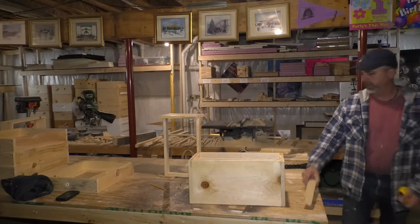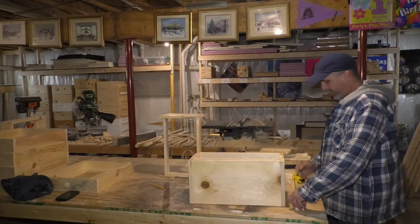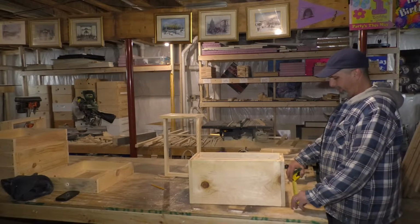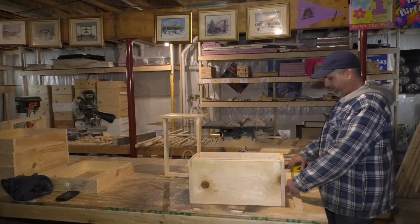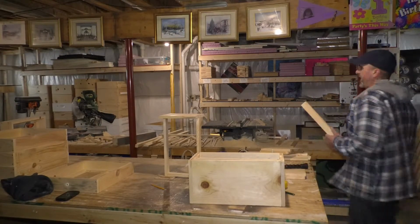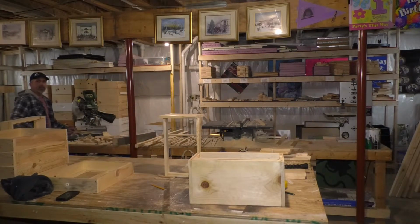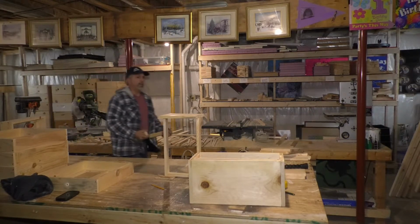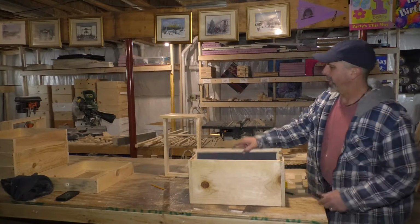So what I'm going to do, this is 18 inches, so roughly somewhere 18 and 18, obviously 9. I'm going to make this about 18 or 9 1/4, something like that. It doesn't have to be exact. I'm going to take to my miter saw. I don't know if you can see this over here or not. I'm going to put this on here. These dimensions don't have to be perfect. These are just your handles. So what I'll do